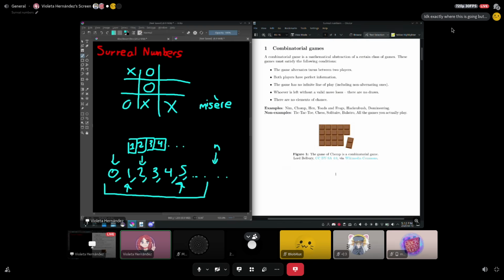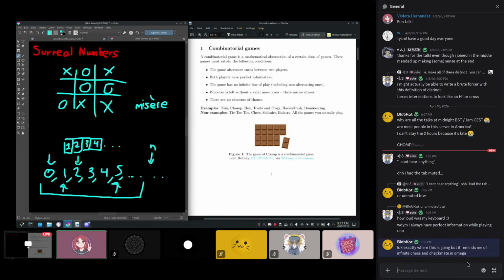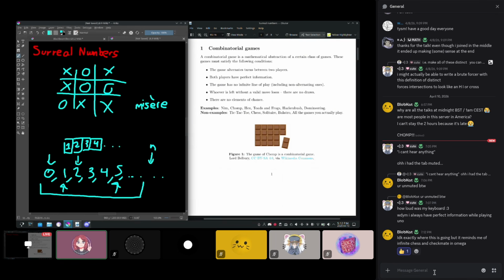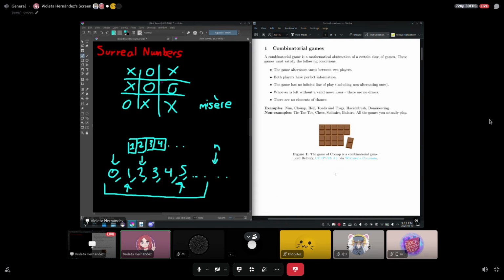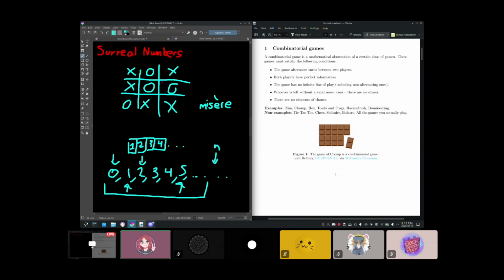Like in tic-tac-toe, you can have situations where the next player doesn't have any valid moves, but you don't say that they lose. Rather, you just say, oh, the game is a draw. So I don't mean to say that these aren't games that can be studied mathematically. Obviously, you can study games like tic-tac-toe or chess or checkers or all of these. You can study them mathematically, but they're not in the class of games that we're going to be talking about today.